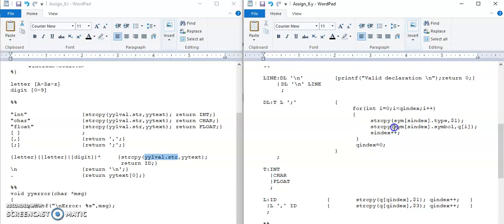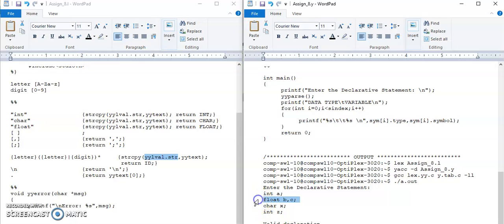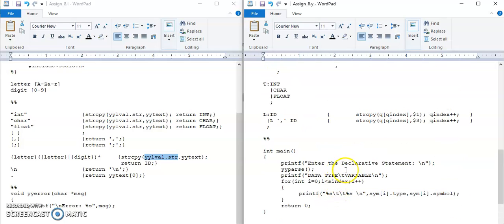Then we want to copy at sim index dot symbol all the variables which are already stored in the array Q by these rules. And then for the next declarative statement, this S index is incremented by 1, so that whatever is the next declarative statement, its values will be stored at the next location in the SymTab.